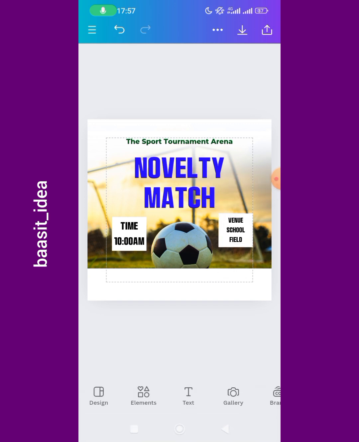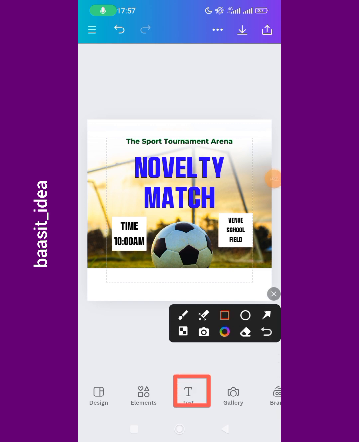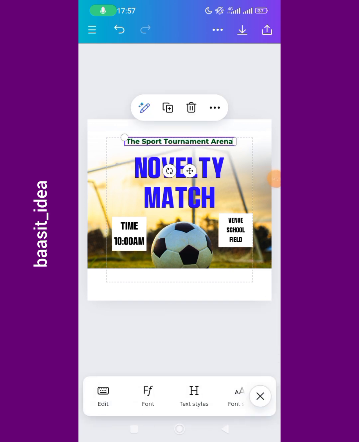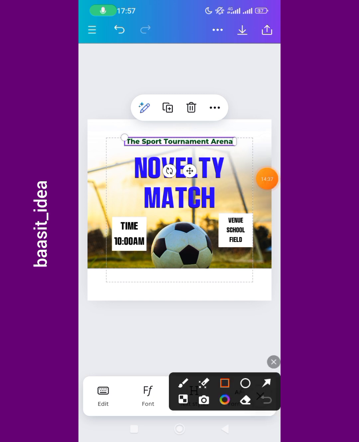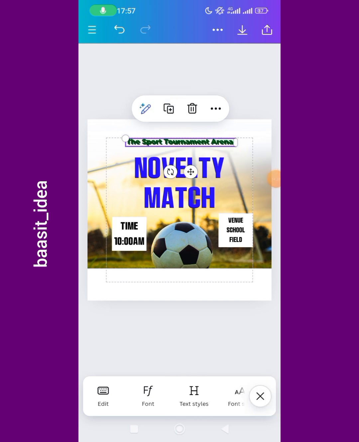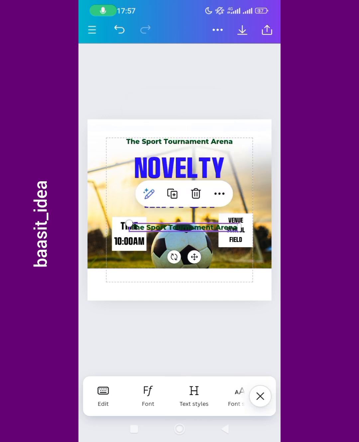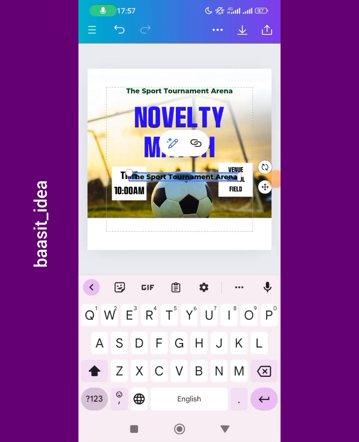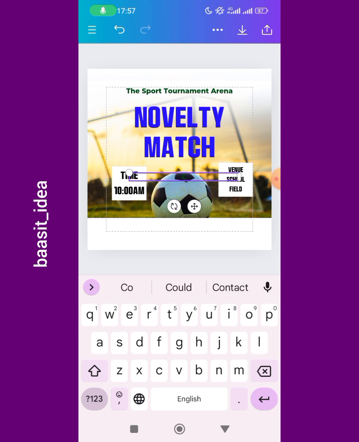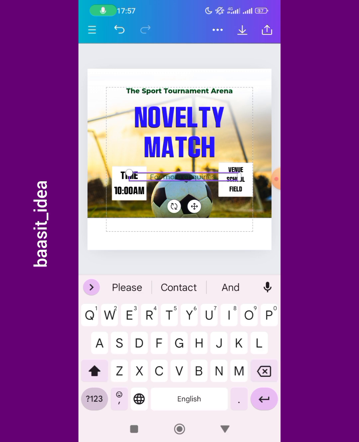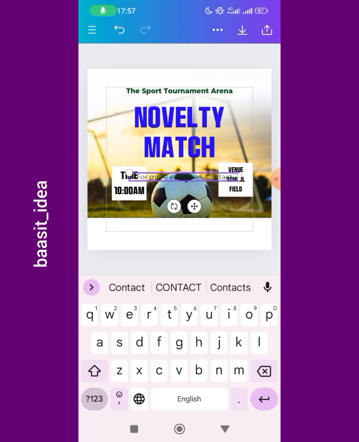So the next thing for you to do is to input the contact, everything like that. You just click on this text here. Click on this one, duplicate it by clicking on the duplicate here. After clicking on the duplicate, click on edit here. Once you click on the edit, you now input the text. Maybe it is: contact us, or for more enquiries, contact